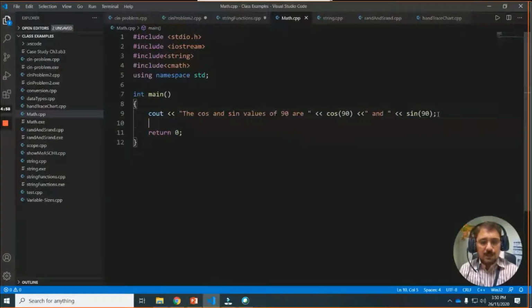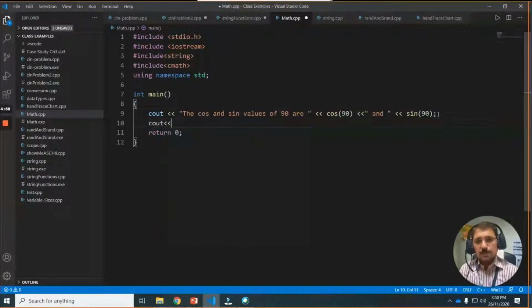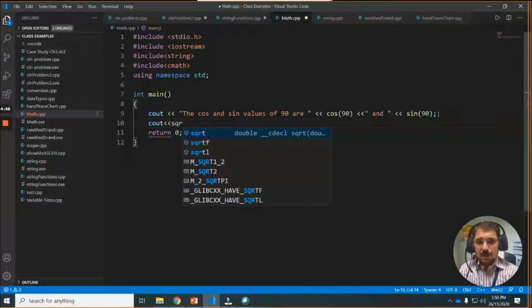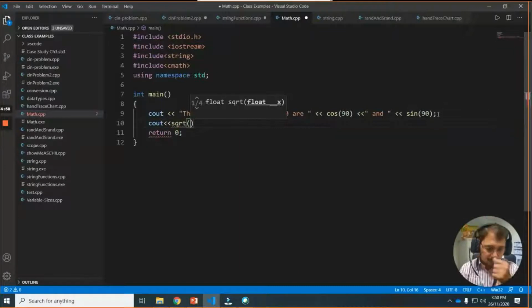You can use square root. SQRT, square root is a functionality. Square root of any value you can type, like square root of 9.